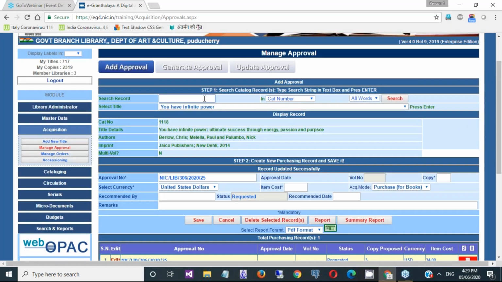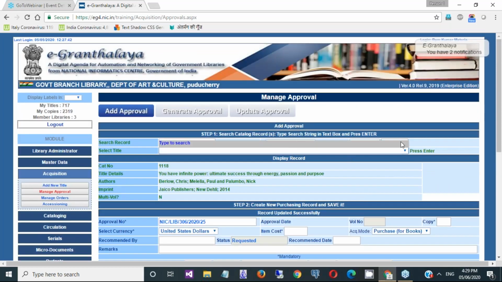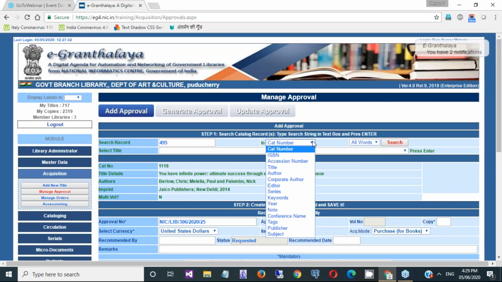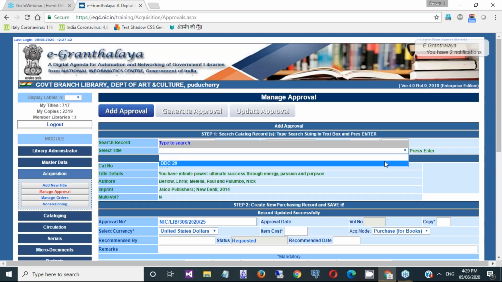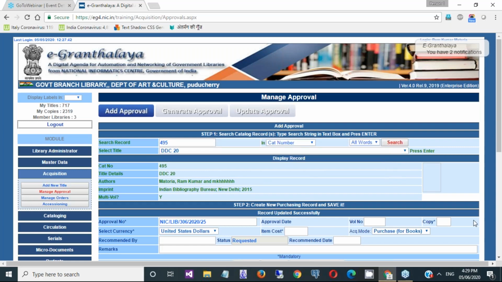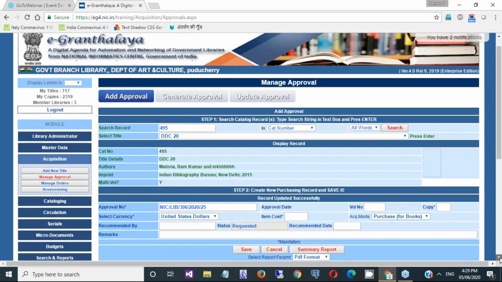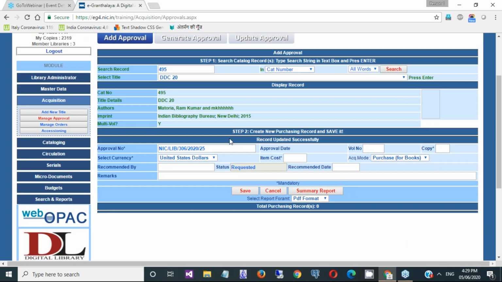Then I will require the record of another book, and I need to search for it. I can search by its title or by any of these fields. This is the book for which we are going to purchase 2 copies. The same approval number is required if you want to club all the records into one approval list.